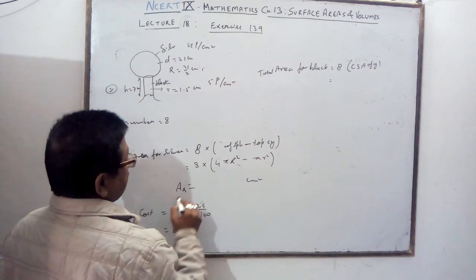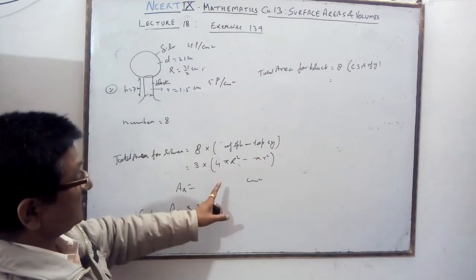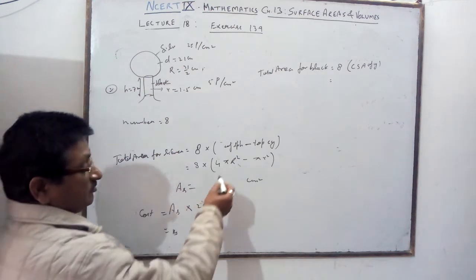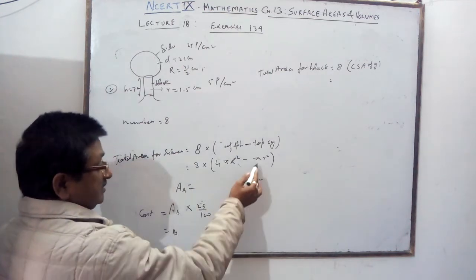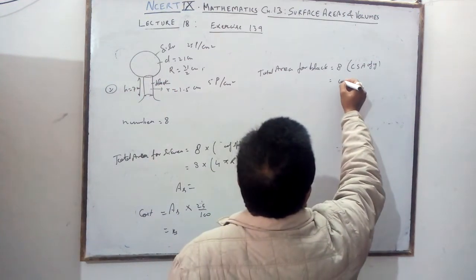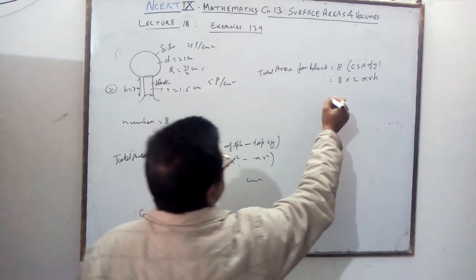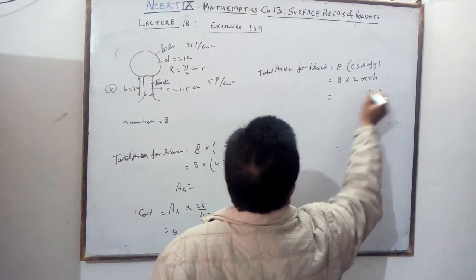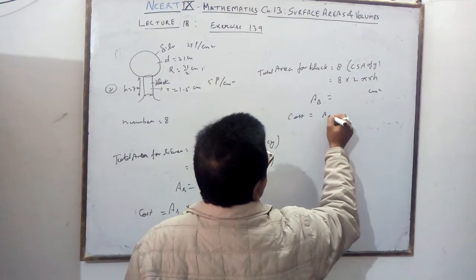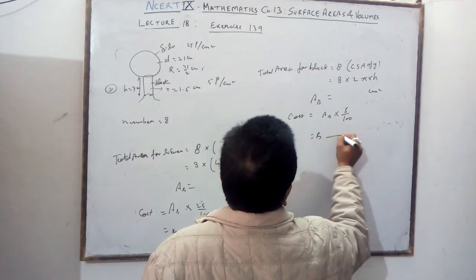Here area for silver you will write down, area for silver, not volume. You want the outer side area, 4 pi R square, not 4 by 3, minus pi r square. It is for one cylinder, multiplied by this. This top will be subtracted here, and here it will not be painted. 8 into CSA, 8 multiplied by 2 pi r h, where small r is the radius. You will get your answer in centimeter square. So the cost is equal to area for black multiplied by 5 upon 100. You will get it in rupees.